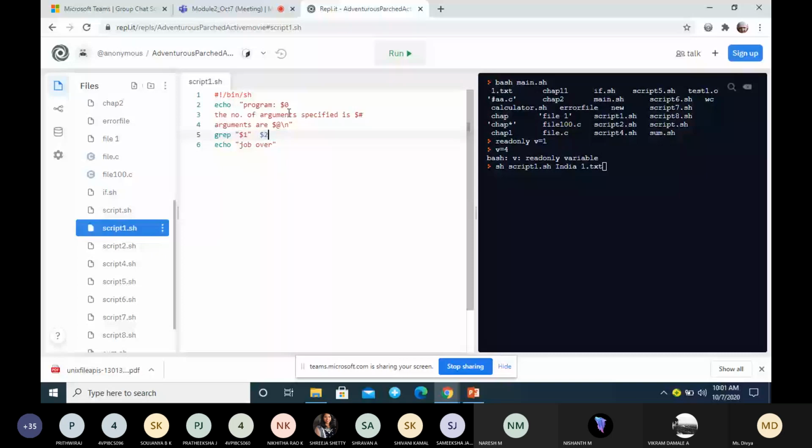What will be the output? If I am executing like this, what is $0?